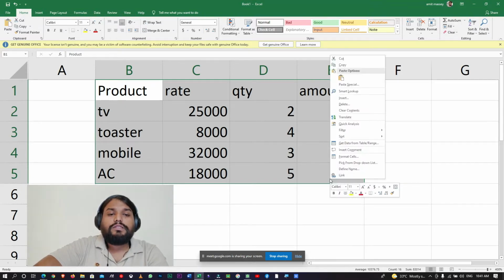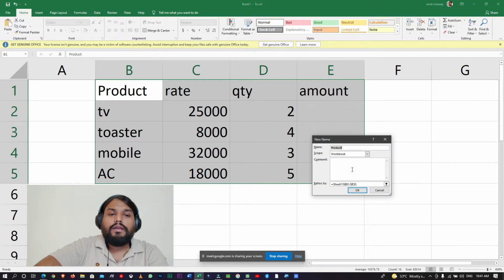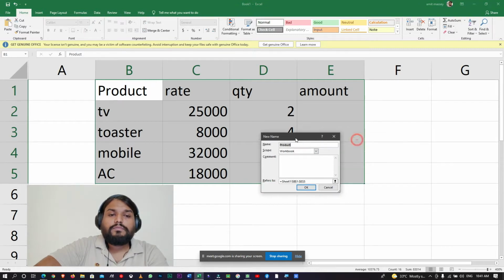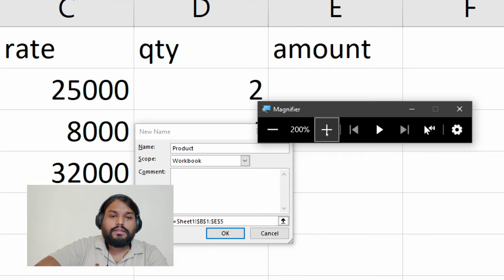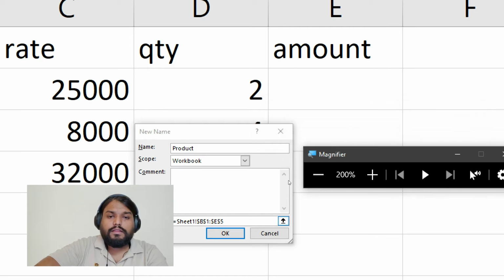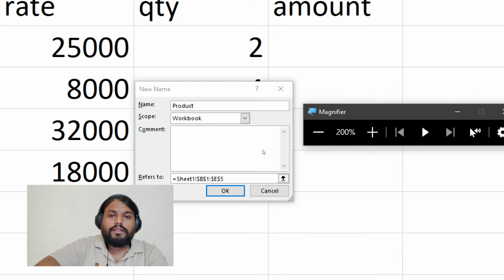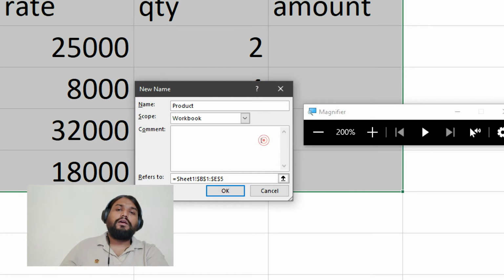After selecting the cells, click the right mouse button. When you click, you can find at the bottom side Define Name. When you click on that, you can find this. This is the name of that particular range.